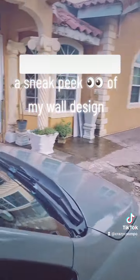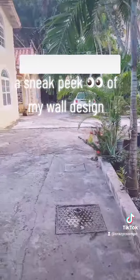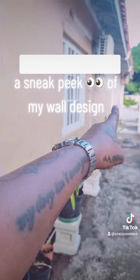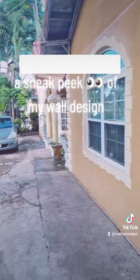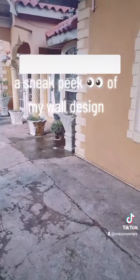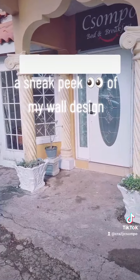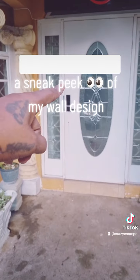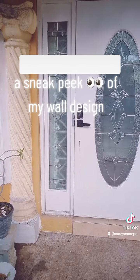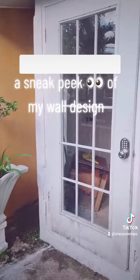When you come around here, you come through the gate, and if it's a self-check-in where the person already paid and everything, they will go down to there and turn left, and the apartment entrance is right there. So this is what it looks like, and as you can see, I'm painting. I need to finish painting this bit. Just fixing up the place. I changed my door lock because the one that was there before, the motor broke, and the guy came and changed it, so I don't have to fight to get in anymore. Yeah, that's it. So the apartment